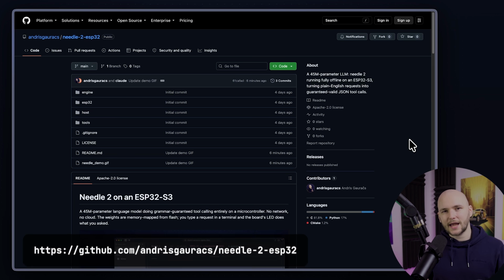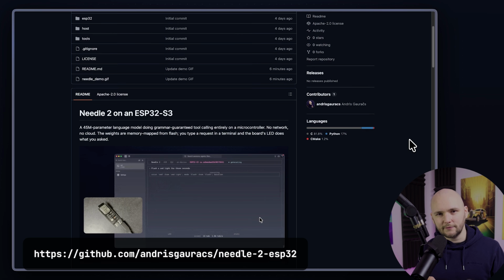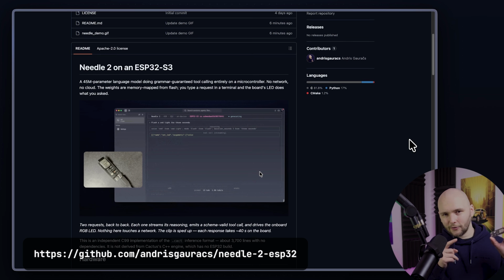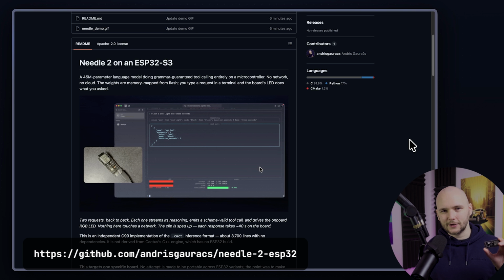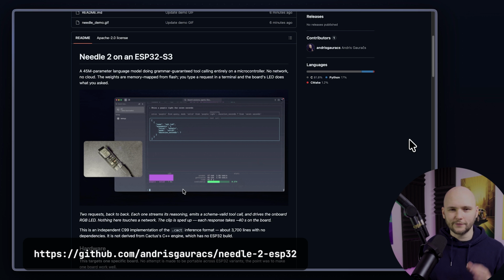So it's not perfect at everything, but the job it was actually built for, it's really, really good at. So let's test it out to see how it actually works. For this purpose, I built my own custom inference engine that actually runs on this exact board, an ESP32S3, and I'll leave a link to the GitHub repo in the description below if you want to try it out